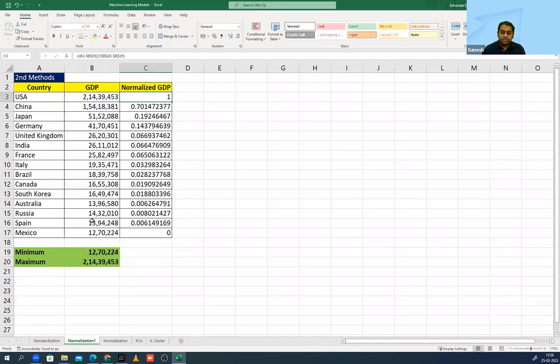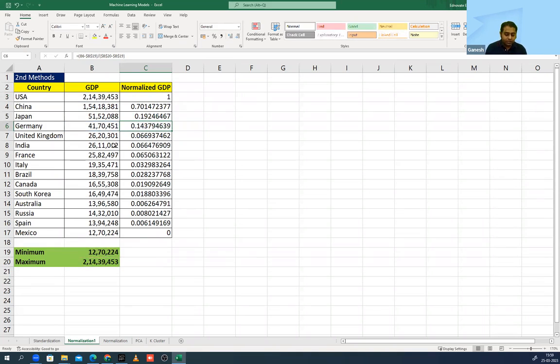We can do the same thing over here. Now, basically, the data which I had taken is already kind of sorted. That is why the first number is coming as 1, because it was the maximum value, right? And the last number is coming as minimum, 0, because it was the minimum value. That is just one way to see it. But if the data is not sorted, you will not get the answer in this order. Clear hai? Focus on the formula. I hope everybody is able to understand what the formula is doing.